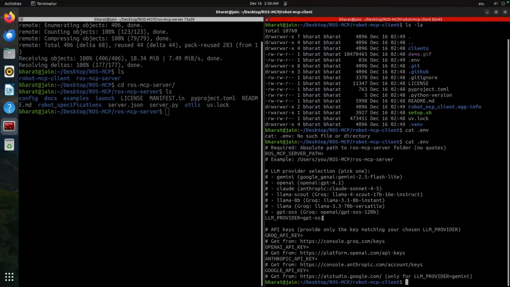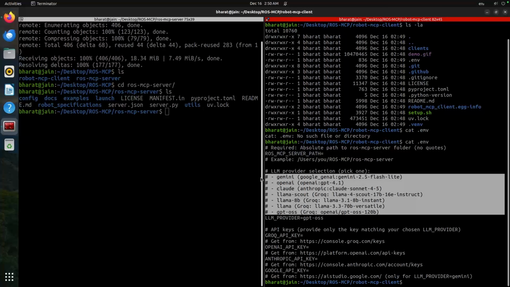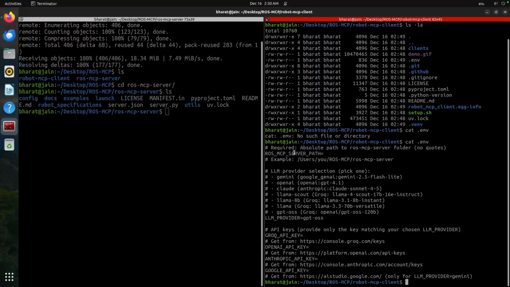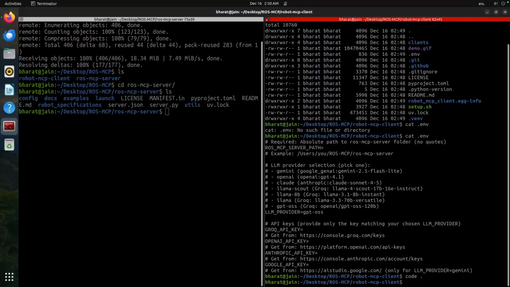And then if you see this LLM provider, that basically allows you to choose the LLM provider from the given options, and you can obviously change it. So right now by default it's GPT-OSS, and then this is the examples, the server path that I just mentioned. I would prefer to use VS Code to edit this environment file, so I'll just open VS Code on this folder,